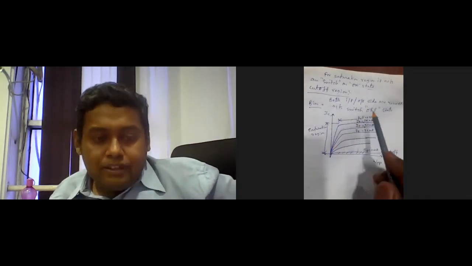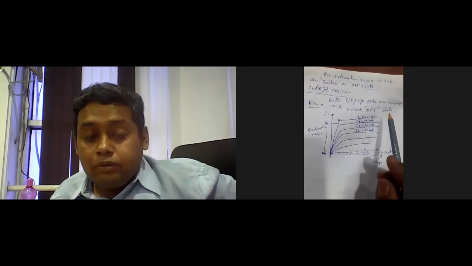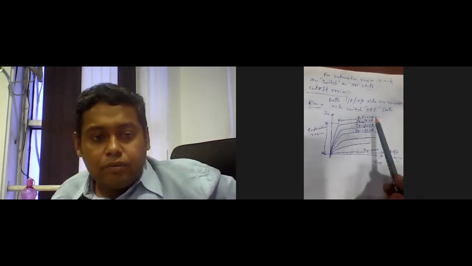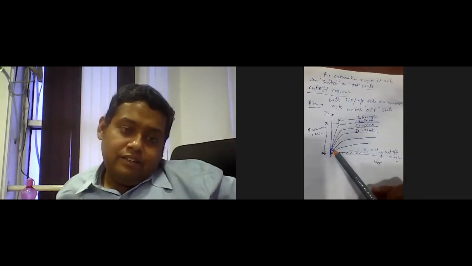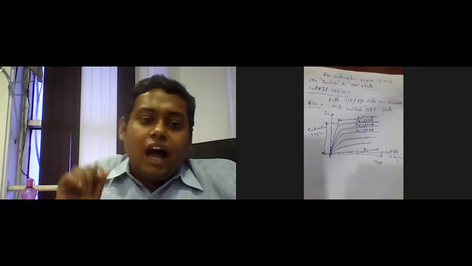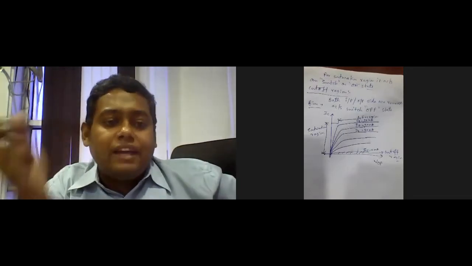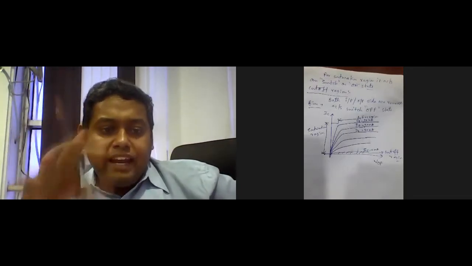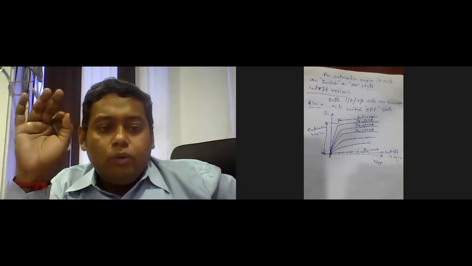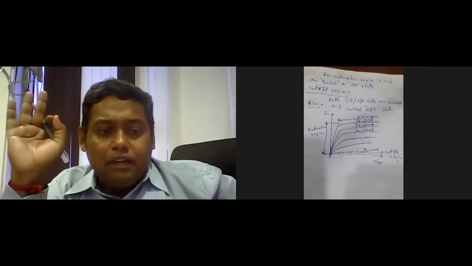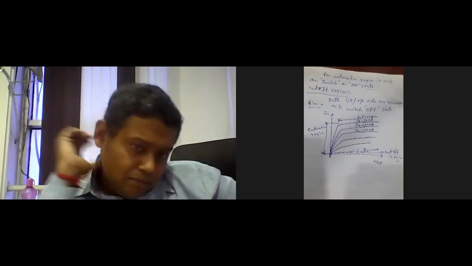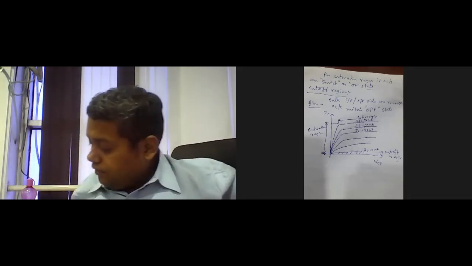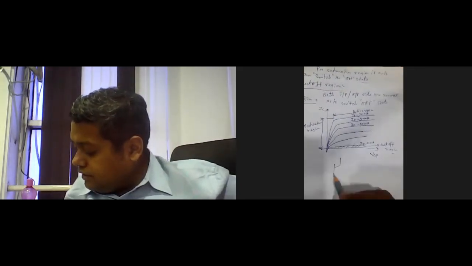In that region, base to emitter is forward biased and collector to emitter is reverse biased. In the saturation region, both are forward biased in nature. And now my question is, how do we find this type of characteristics? By an experimental arrangement. In our laboratory, we will arrange this experiment in the common emitter mode also. If we observe the experimental arrangement here, we will consider this type of transistor.